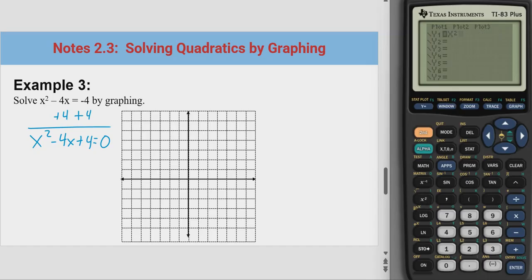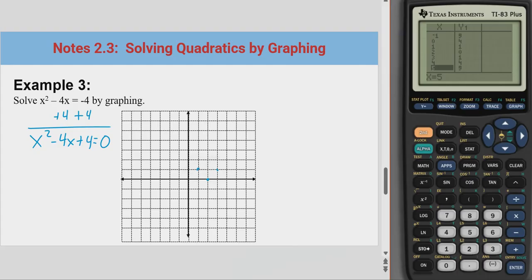X squared minus 4x plus 4. And then in my table, I see just the one solution. So when I graph that up, 2 comma 0,